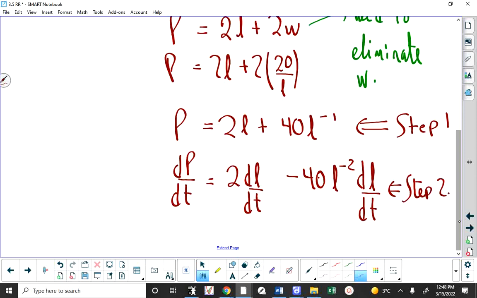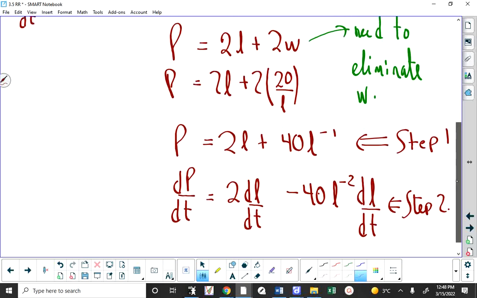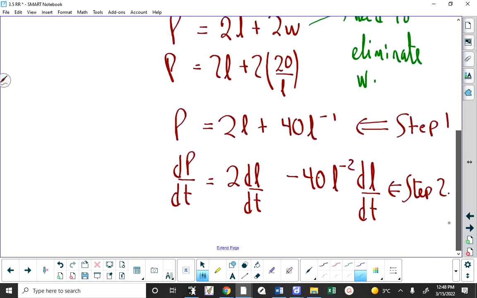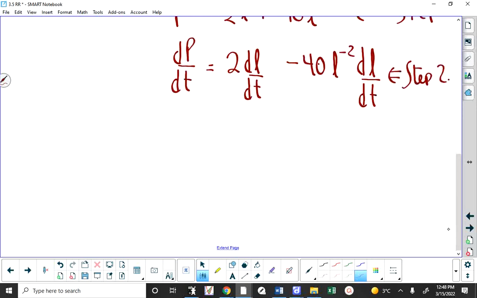So what does step 3 say that we do? Well, it says that we put in everything that we need to put in to find what we're trying to find. For example, dL/dt was 2. So every place I see a dL/dt, I'm going to put 2. And by the way, I'm trying to find, Makai, you're one of the people who had asked about this. We're trying to find dP/dt, right? Okay. So I need to put in, there's my 2. Now I need to put in dL/dt, which is 2. I need to put in negative 40, and this L to the negative 2,